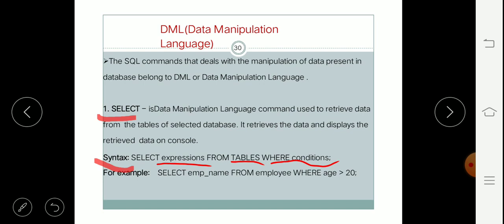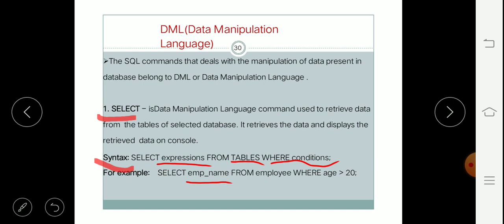Now let's say I want to display employee name from the employee table, but the condition is that I want to display the employee names whose age is greater than 20.